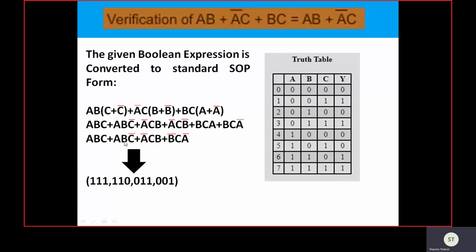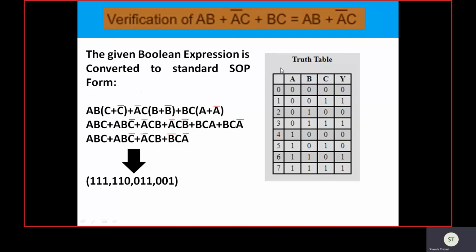Here the first two are true and the third is complemented, so we write 1 1 0. In the same way, this is complemented, so this will be 0 and these two will be 1. And here A is complemented and B is complemented, so this will be 0 0 and 1. We have to follow that order of variables: A, B and C. So how can we write it in terms of a truth table?